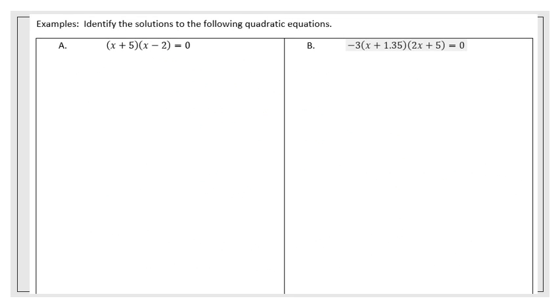So let's look at example A, and what we want to do is find the solution for this. So we want to find the values of x that make this equation true. And that's going to be true when either the factor of x plus 5 is equal to 0, or